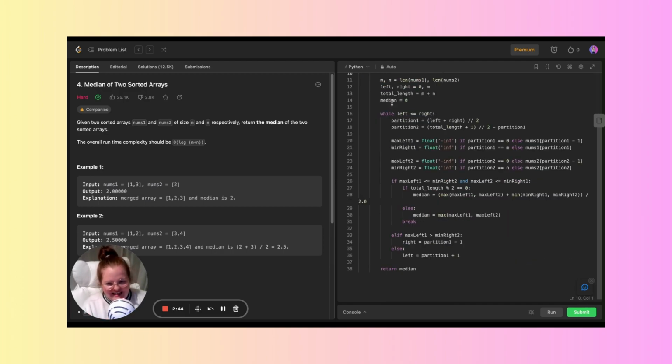So let's get into this little loop. The while loop iterates as long as the left pointer is less than or equal to the right pointer. And this is the quintessential binary search approach. It just makes me so happy when I can use stuff from my schooling and bring it into the light. So for this area here, in each iteration, the two arrays